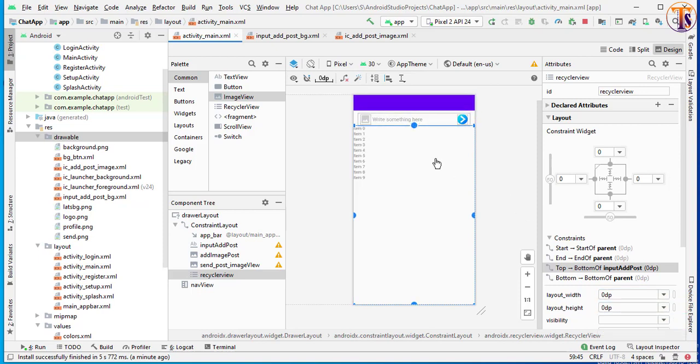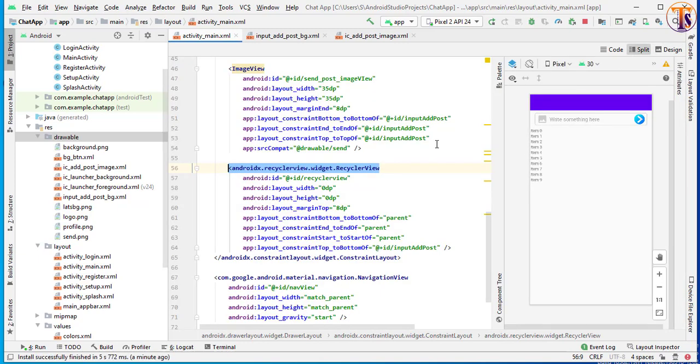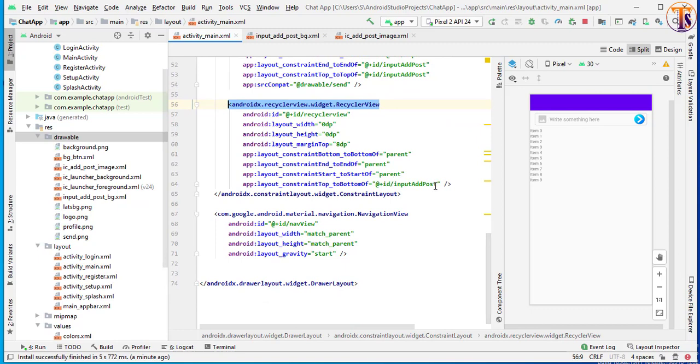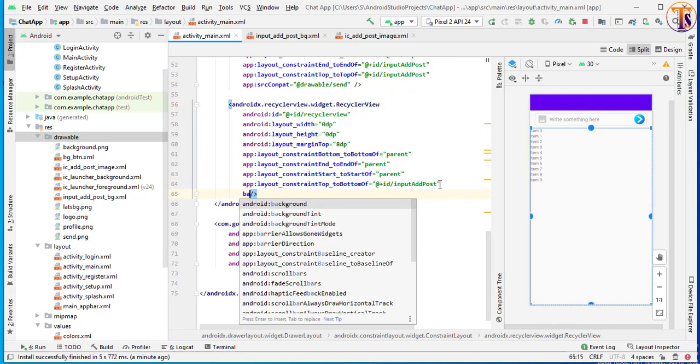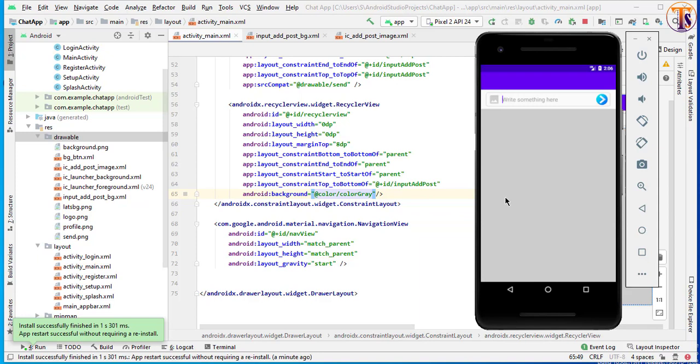Select a margin from top is 8 dp, enough, and change the background into gray color. So I'll simply select here background color gray. Okay, now run the application. Okay, you can see here our main activity is ready.